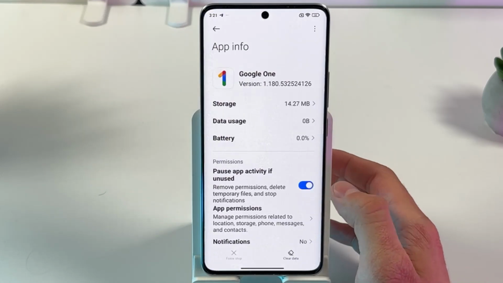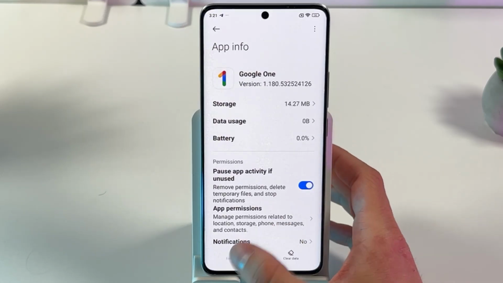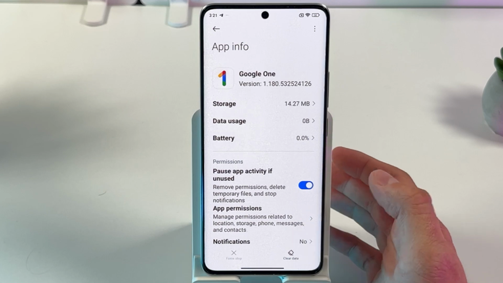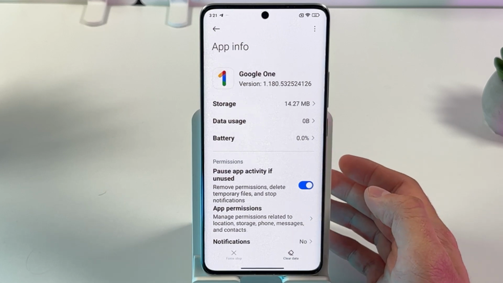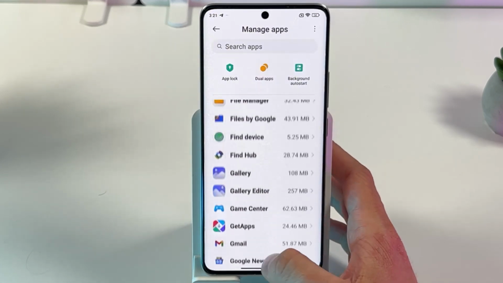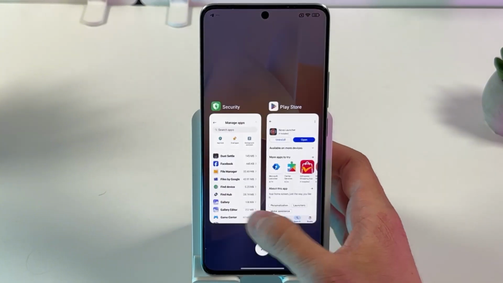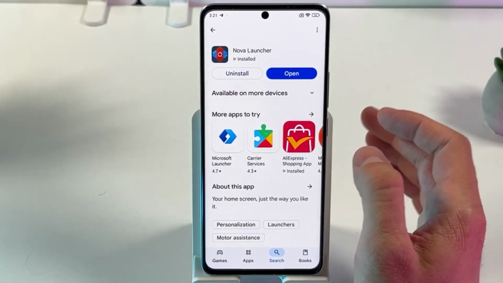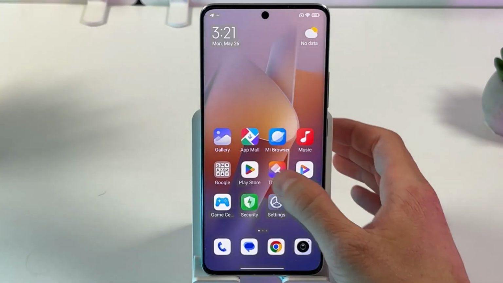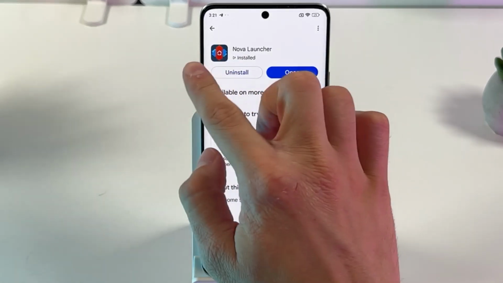Right here is your Google. If there is an option for stop it or clear data, do that. This may help you. If that still doesn't work, make sure to locate your Play Store and there install Nova